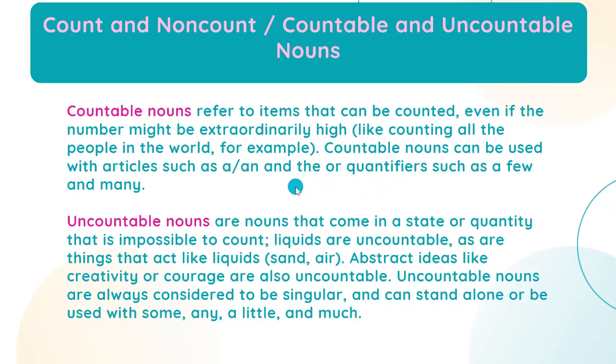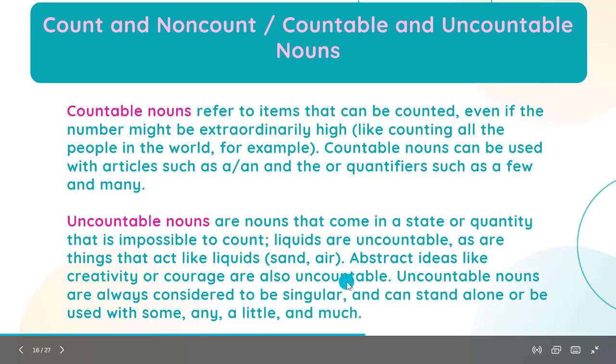And then uncountable nouns are nouns that come in a state or quantity that is impossible to count. Liquids are uncountable, as are things that act like liquids, sand, air. Abstract ideas like creativity or courage are also uncountable. Uncountable nouns are always considered to be singular and can stand alone or be used with some, any, little, and